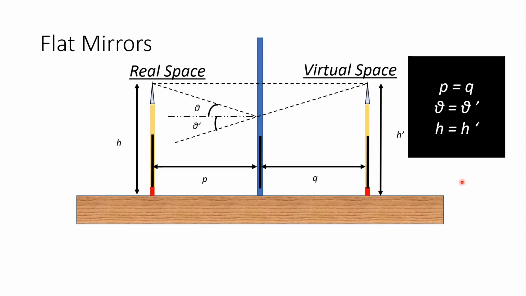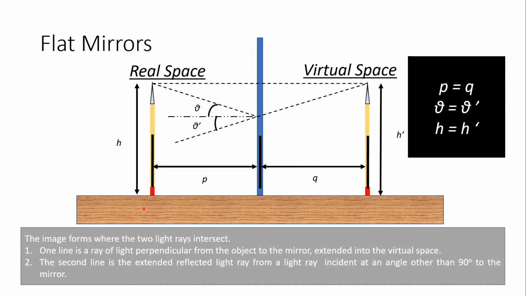So for a flat mirror, what you see is kind of what you get. You're going to get the same sort of dimensions and the same angles and whatnot. So there's not going to be a big difference there. But let's move on to our